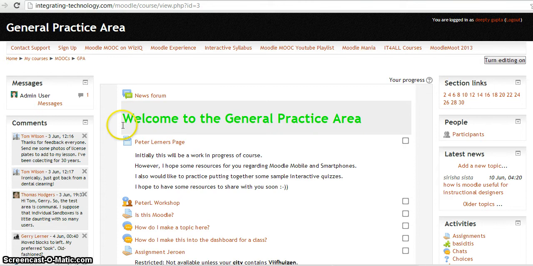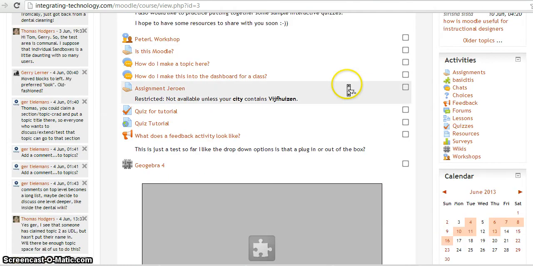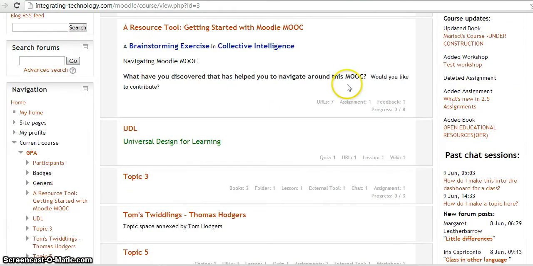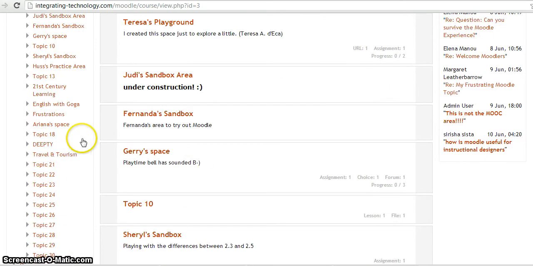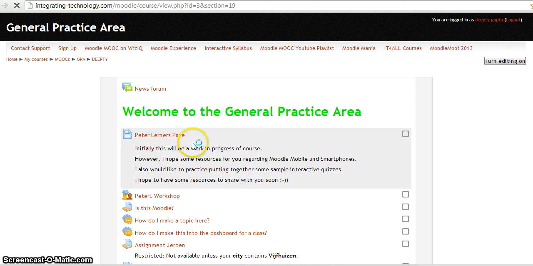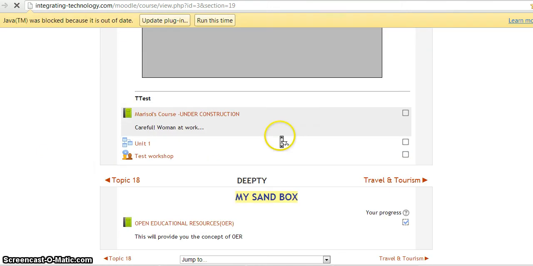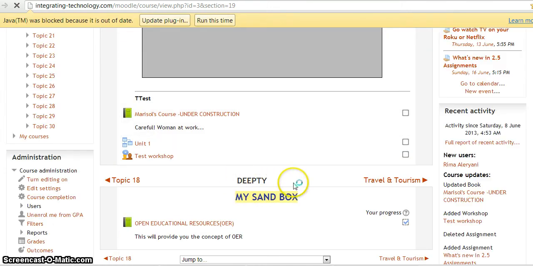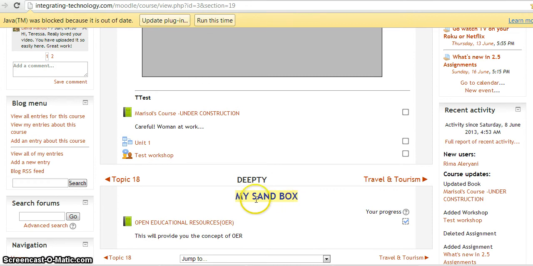So here I am in the section of welcome to the general practice area. I have logged in as Dipti Gupta. Earlier in this course, I have taken a section, topic number 19. So I will just click into Dipti. This is my sandbox. Now scrolling down, as you can see, this is my area Dipti and my sandbox, which I have already